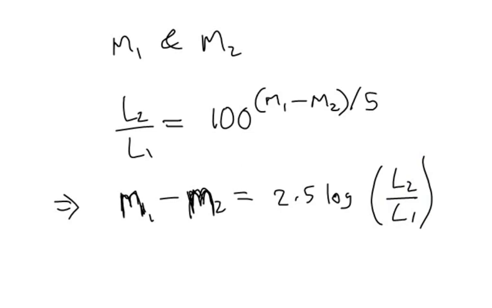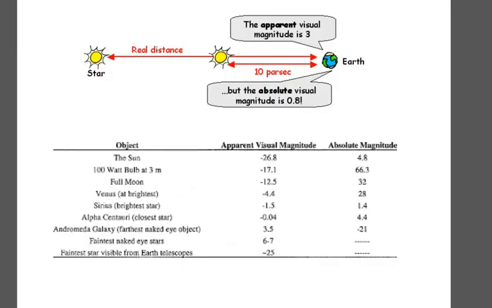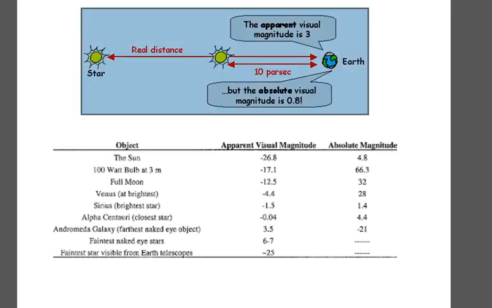Okay, thus what do we observe? We observe that the absolute magnitude of a star is a measure of its intrinsic brightness. This is what I was talking about previously. If we can move all the stars to a known distance, on a sphere where the radius is 10 parsec, then the apparent magnitude will be known as absolute magnitude.